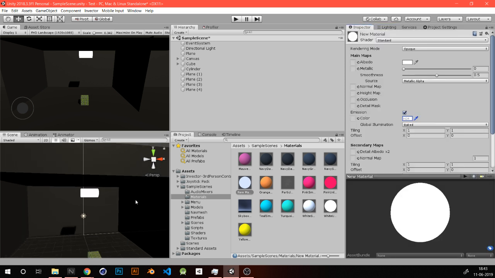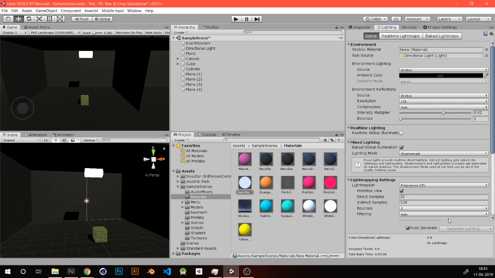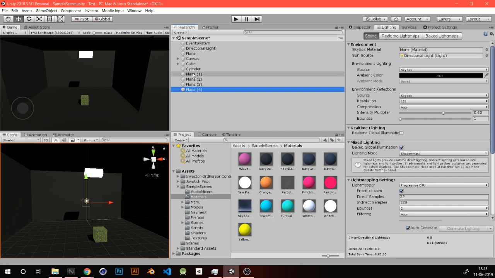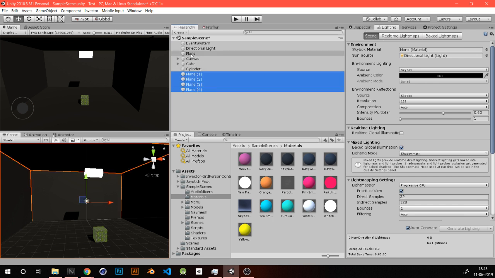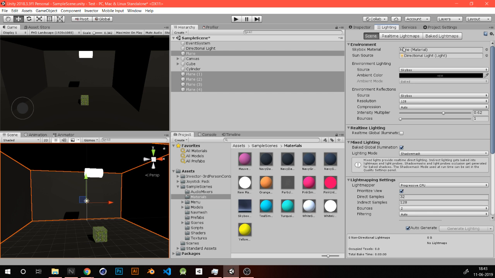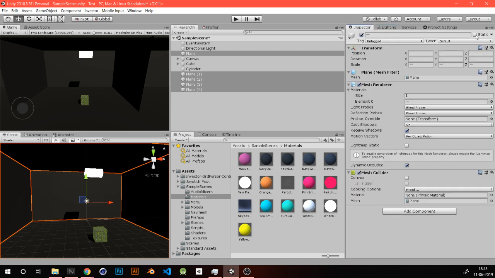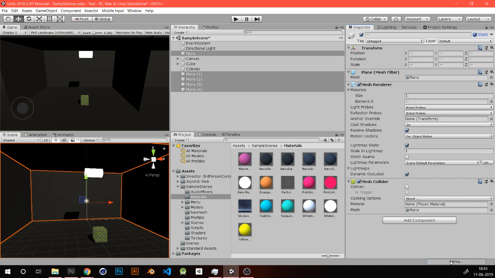Now, the issue, as I said, you'd think that it makes sense, right? You have the material over here, it says baked over here, and it should pop up. Even though auto generate is on, it's not doing that. As I said, you have to really mention that the objects are going to be static, so that it knows while calculating that none of these things are actually going to move, and they're static, and it doesn't cause any discrepancies to pop up later on. So when you do that, whoops, and you select static, it ends up calculating the thing,